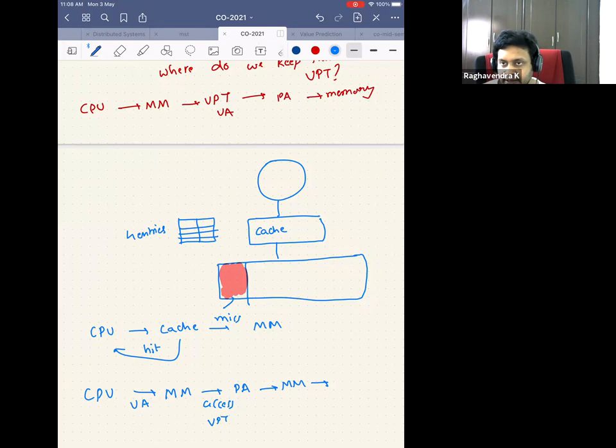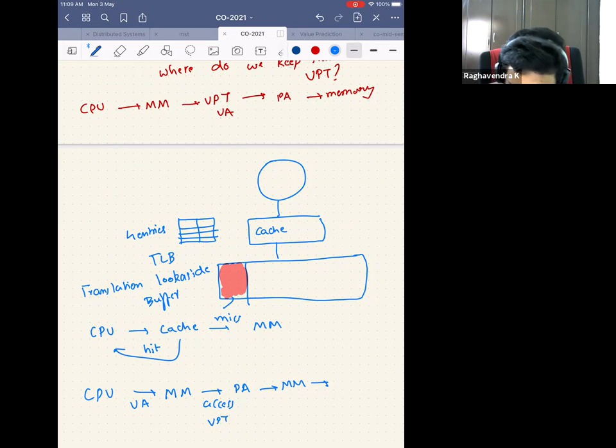This is called TLB, the translation lookaside buffer. Either I invalidate the entire TLB if I shift the process, or I attach it with the process ID. That is again a design choice, but we will not get into it. So there are 4 entries, shared among the processes. Let's assume that we can differentiate between the entries of a given process.